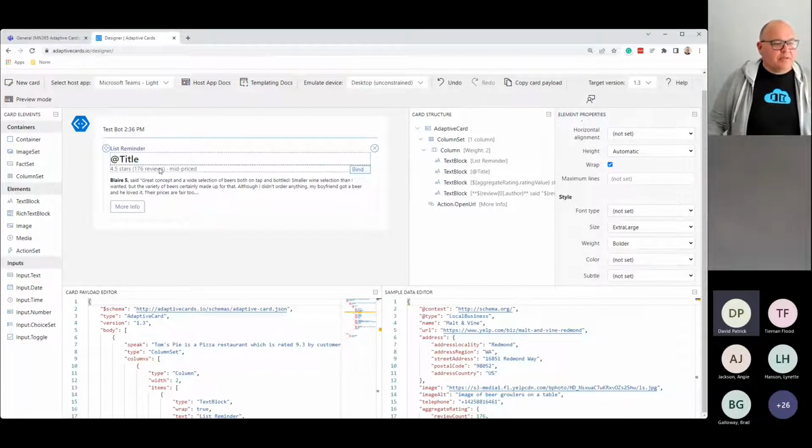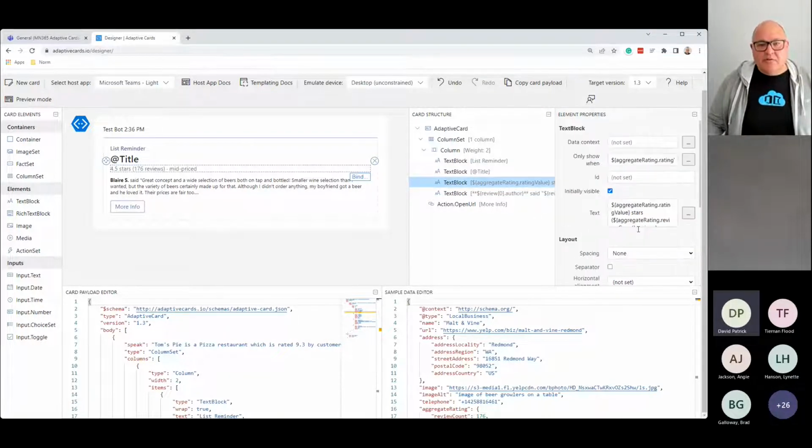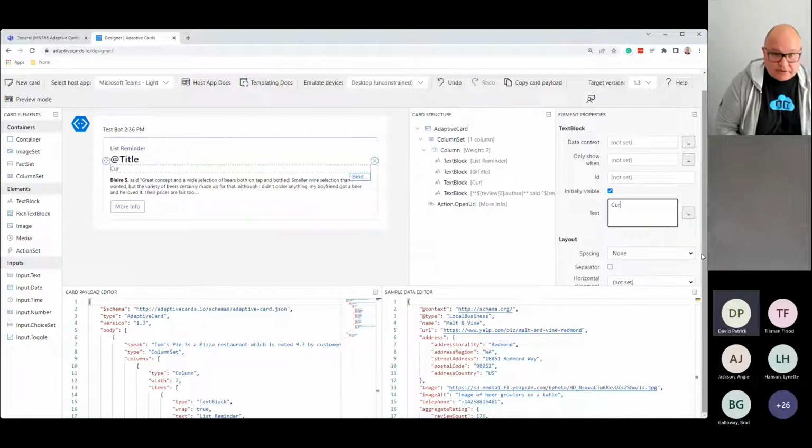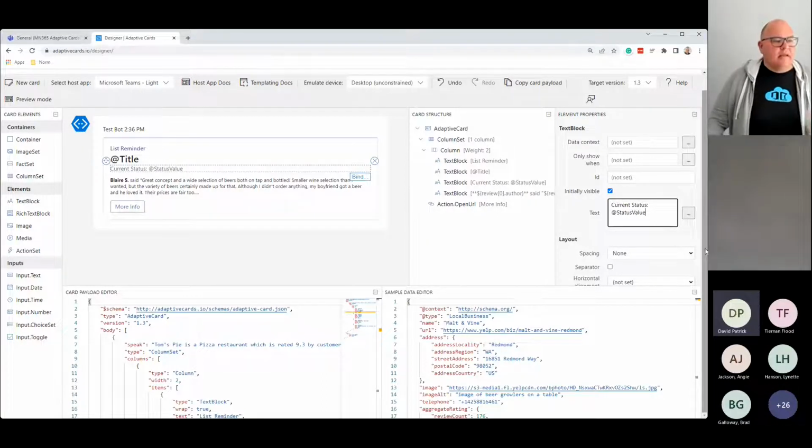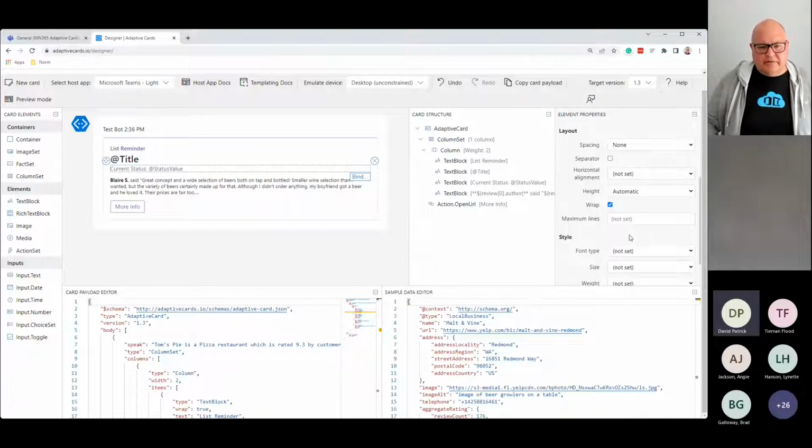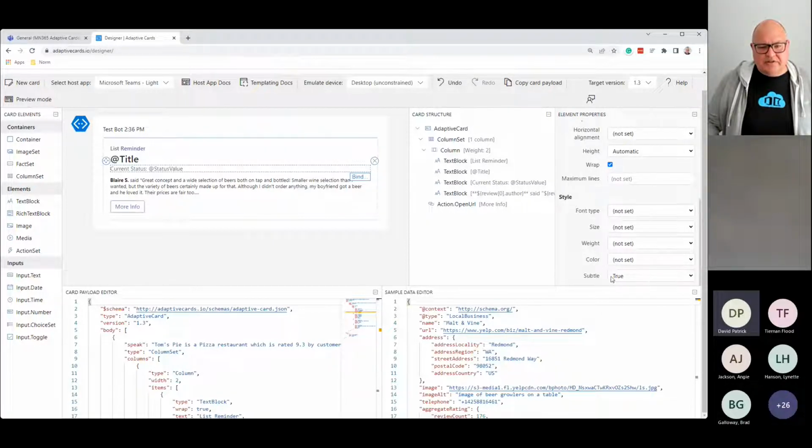Okay, the next piece, it says 4.5 stars, whatever. I want to put the current status in. So I'm simply going to put current status, and then @ to remind myself that I need to replace this value, status value. It has a light colored font, so I'm going to get rid of that. It's called subtle, and I'm just going to say not set, and you'll see that it turns to the normal,